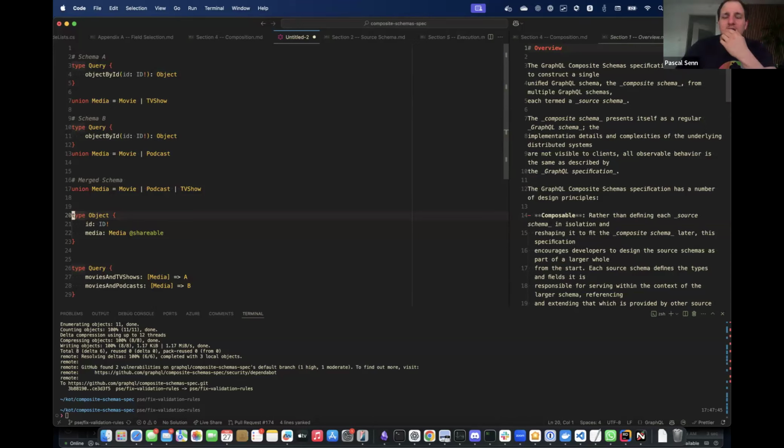I don't think we ever, but Sachin might have a better understanding of this, narrow types based on the path or anything, right? Right. So in this case, we don't narrow types based on the path, but what I'm saying is it's possible this is still valid according to the definition of shareable, because the context in which media occurs in both subgraphs could just be different. The way you read media in one could be different from the way you read media in another, and in those cases you just might get different outcomes from media, and that still could technically be valid according to shareable because the contexts never intersect, if that makes sense.